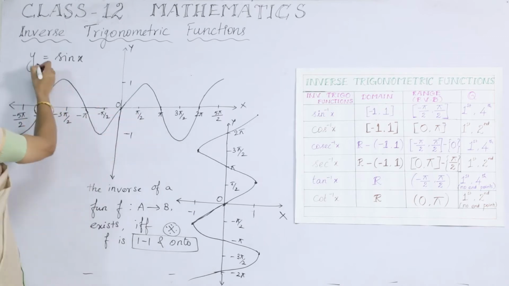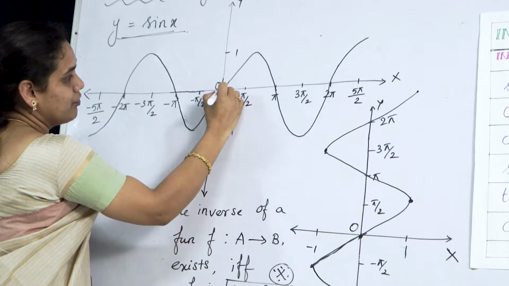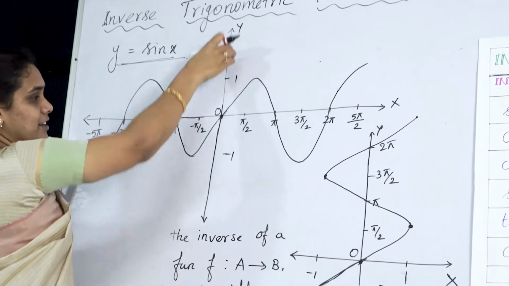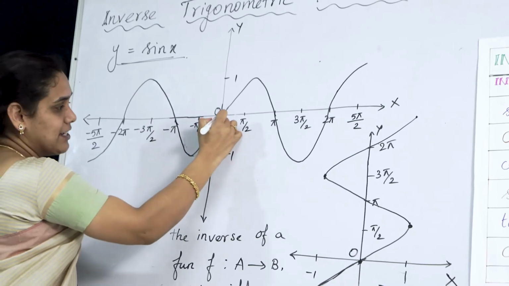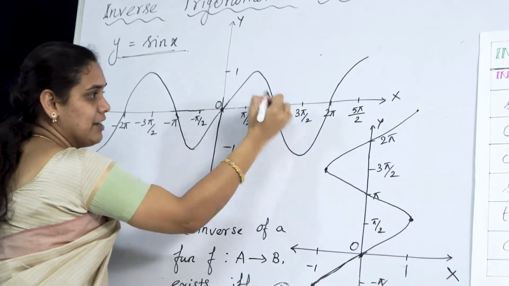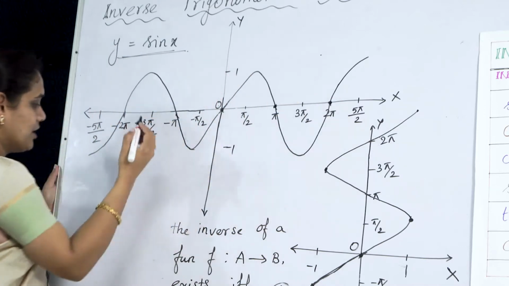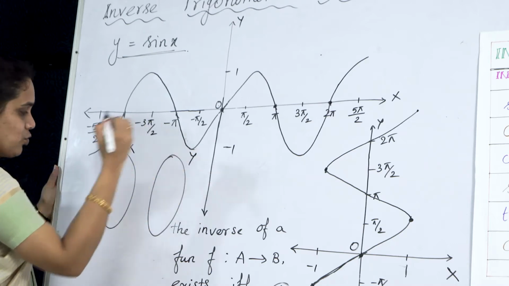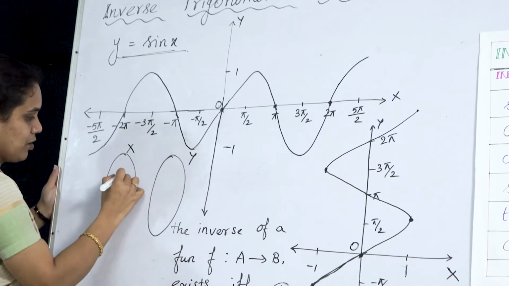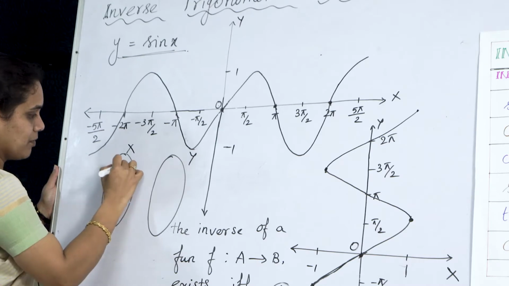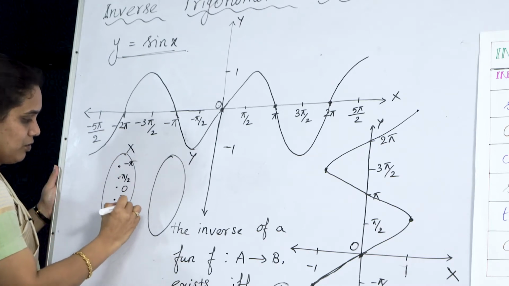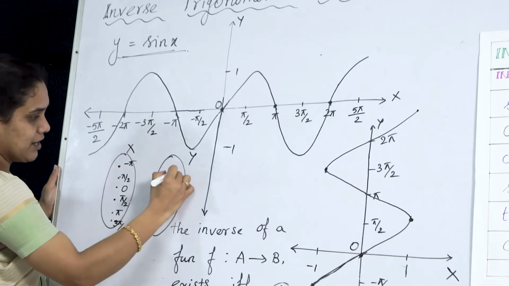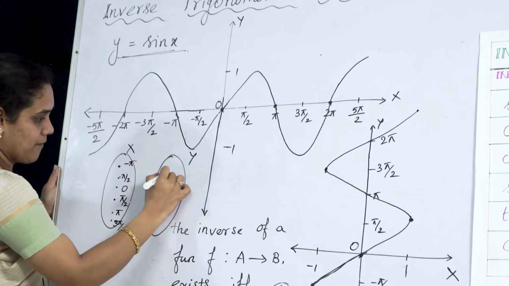You see the graph of y equal to sin x. See, here on the x-axis, we have written the real angles, and here the real numbers 1 and minus 1. See, it takes sine 0 equals 0, sine pi equals 0, and sine 2 pi equals 0. See, if you write it in the arrow diagram, suppose this is the x-axis and this is the y-axis. We have 0, pi by 2, minus pi by 2, minus pi, pi, 3 pi by 2, isn't it? And here 1, minus 1, 1.